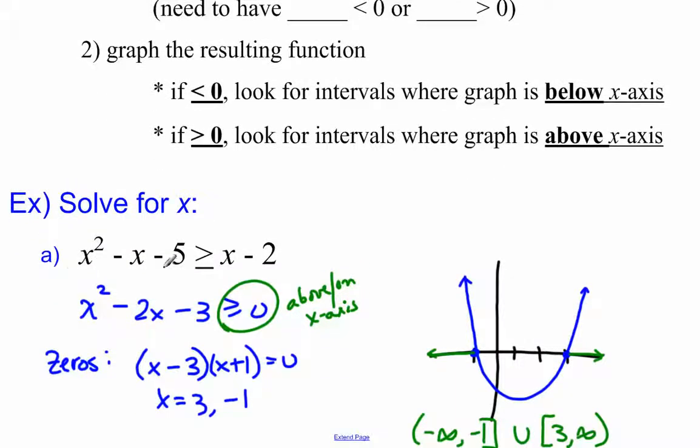If I have x squared minus x minus 5 greater than or equal to x minus 2, move everything to the left, combine our like terms, and we get the quadratic x squared minus 2x minus 3 greater than or equal to 0. I know this is going to be an upward opening parabola, so if I factor it to find the zeros, I should be able to get a quick sketch. Factoring it, x minus 3, x plus 1 tells me my zeros are 3 and negative 1. So real quickly, you can sketch that graph just like that. Opens upward, goes through those zeros.